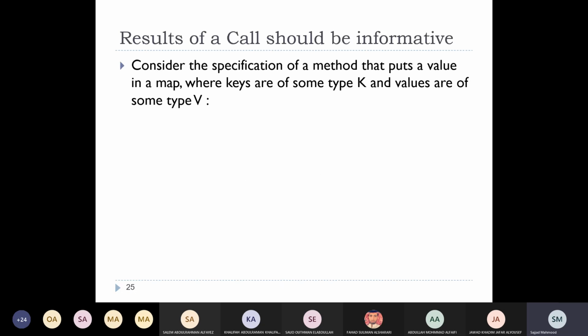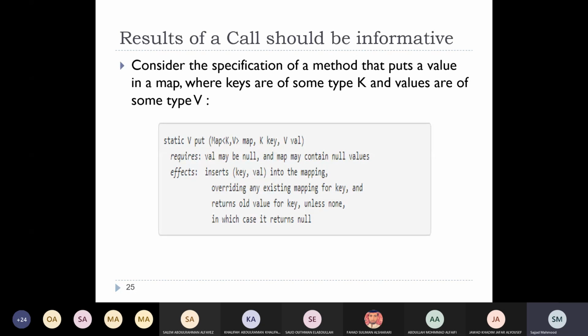Moving on, when we looked at this example on Thursday, we're putting a certain value into a map. So we are saying that as a precondition, value can be null, and map can contain null values. So as a result of the post condition, we insert that key and that value into the mapping, which is all good. But in this case, we were saying that